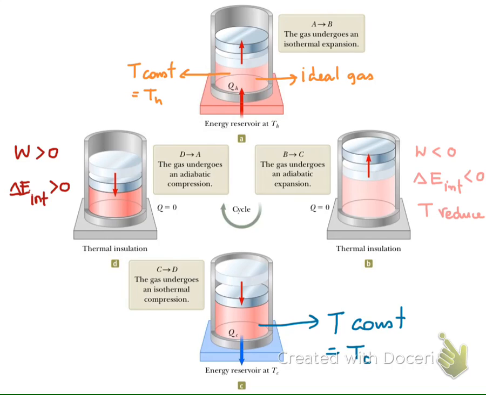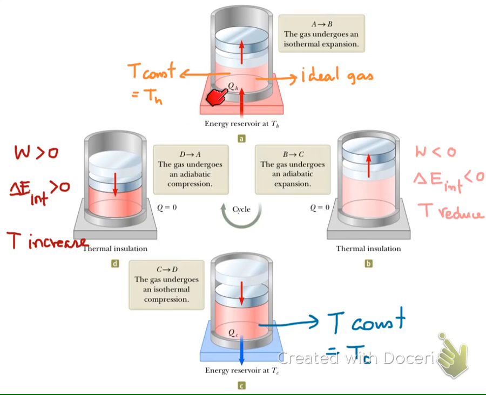And since the gas in the system is the ideal gas, when the internal energy increases, the temperature of the system will increase. And once the temperature increases to that of the high temperature reservoir and the volume of the gas goes back to the initial volume,